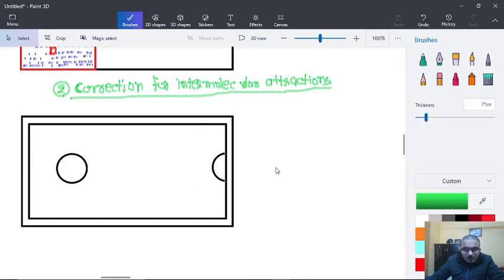Like this. So we are focusing on two molecules. Let us say this to be molecule A and this to be molecule B,